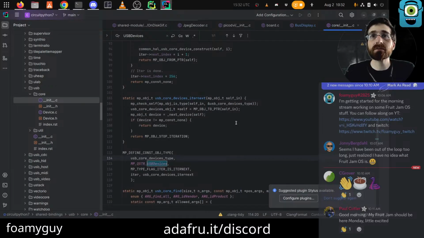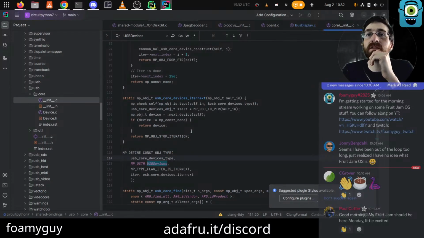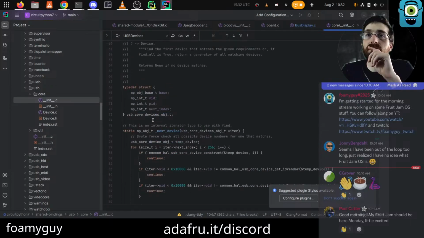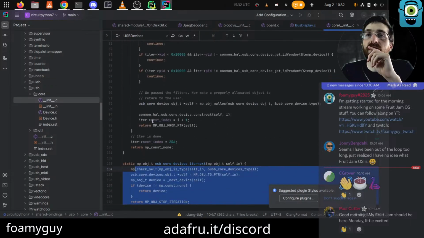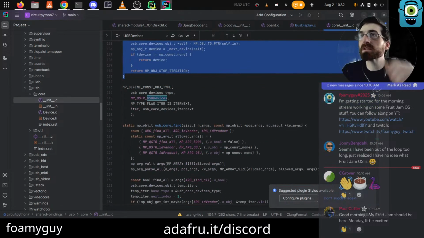Yeah, it would be difficult. Well, I don't know if it would be difficult, but I don't know how to do it, which makes it difficult to me. Basically, this thing seems to be only an iterator. I was thinking we might find a full object here and could maybe just add a length function to it, but that's not really what's happening.